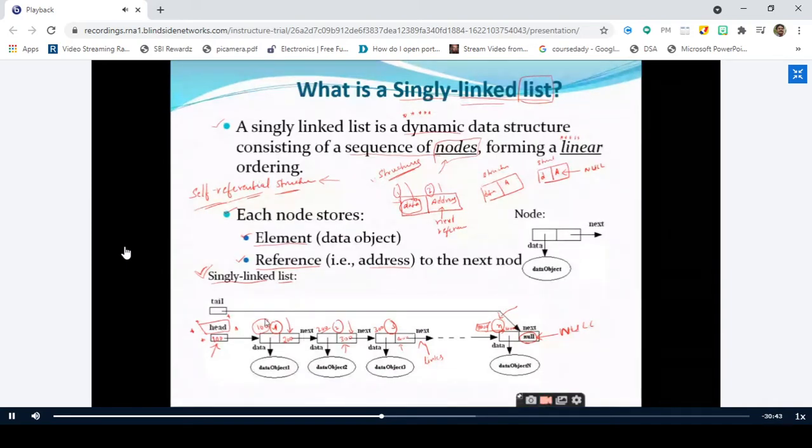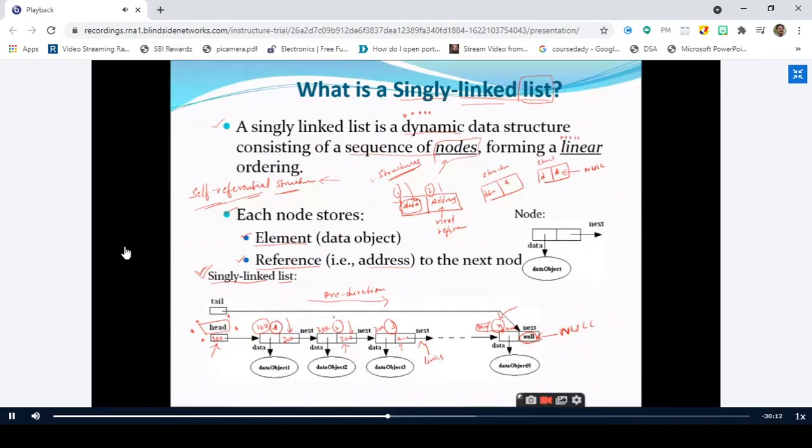See here, in which direction do we have these links? From the first node to the second node, from the second node to the third node, from the third node to the fourth node, and so on, from the n minus 1th node to n. So we are going in only one direction. Is it right or not? That means you can go in only one direction. If you have visited the first node, there is no way to go to a node before this first node.